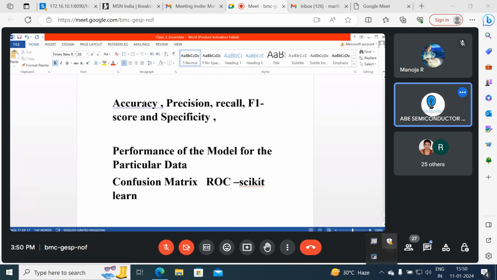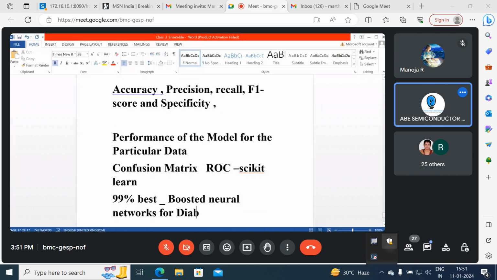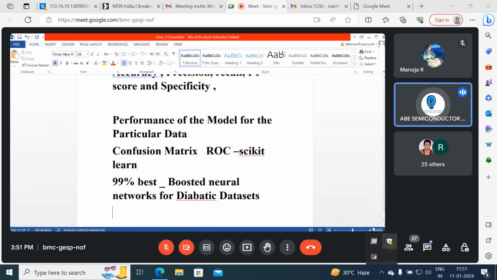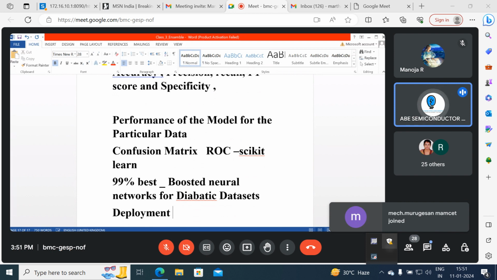Now, right, so the best performance is what we designed right now. What we call this boosted neural network. Right, so now this model has to be tested. So where do I test it? Actually, this is where we lag. Deploy this model, where do I make it out here? So all the models are ready, we are getting a 99